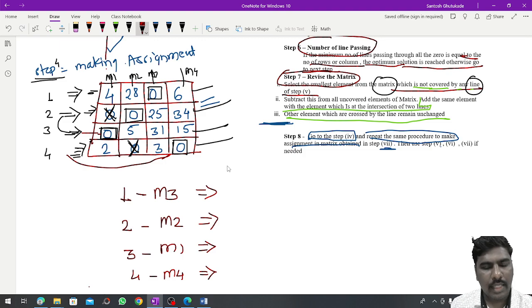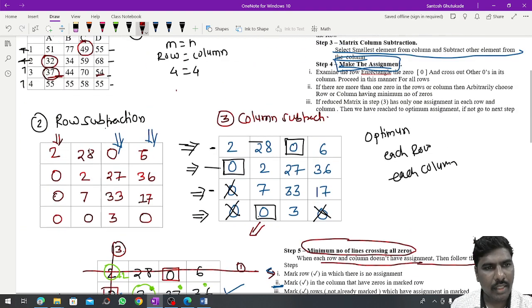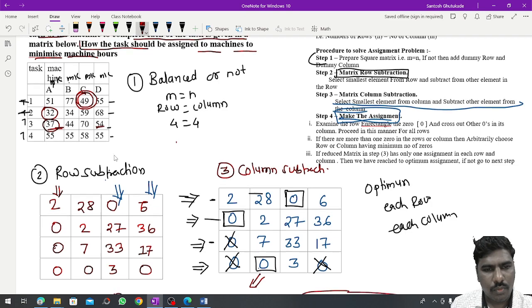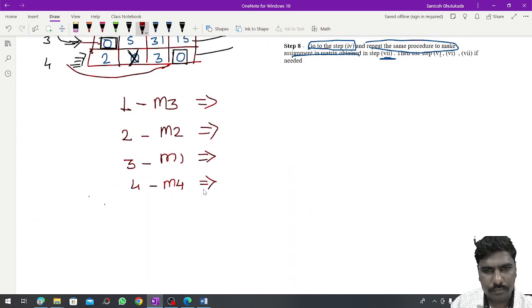So we will take the times from the problem statement. Task 1 is assigned to machine 3, so the time is 49, and we mark 49 here.